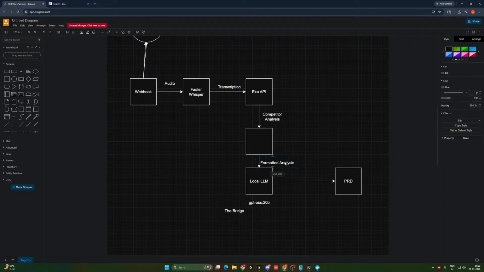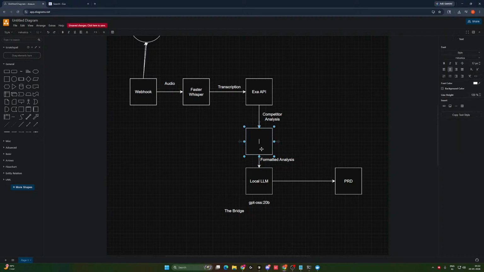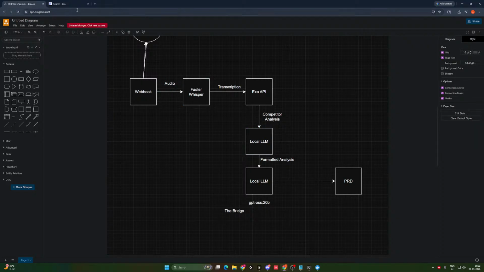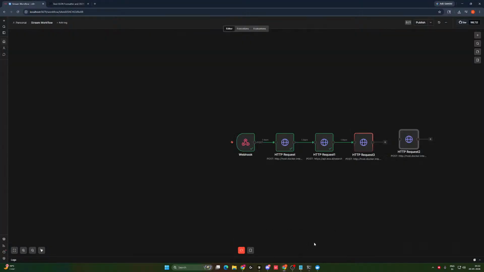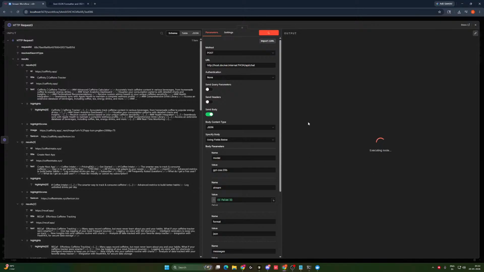What is the point of getting competitor analysis if we are not going to use that? Yeah, it should be generated by now. It's not. It's taking coffee time.